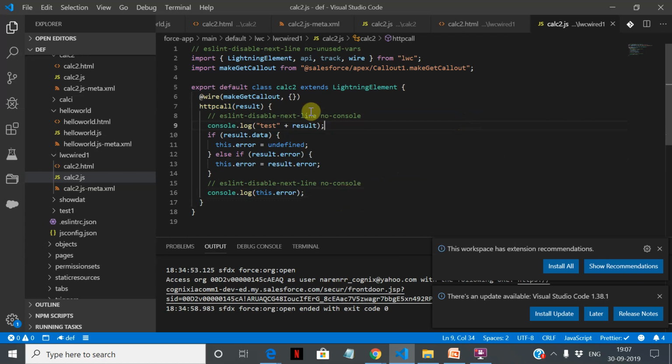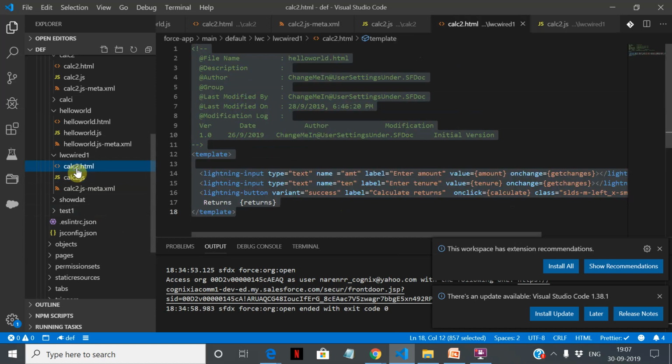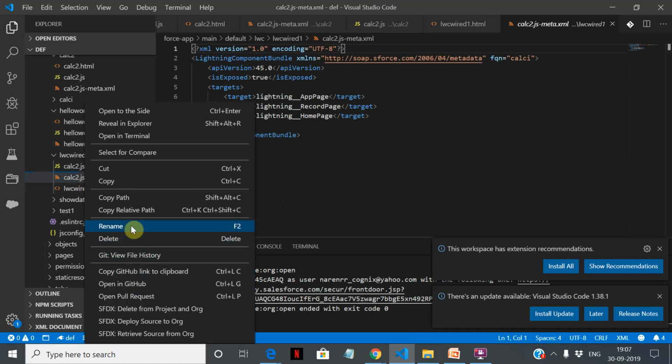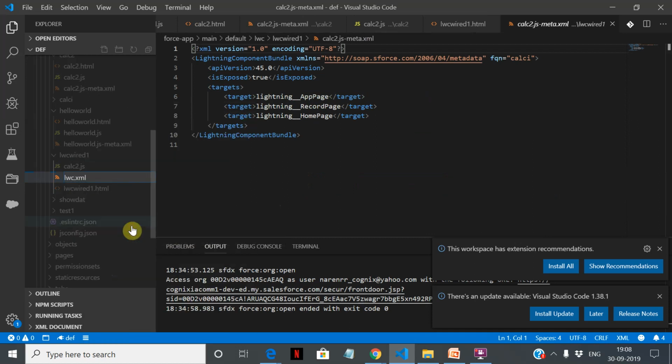Of course we have to change the name of these files here, LWC wired one. And I need to rename this one also.